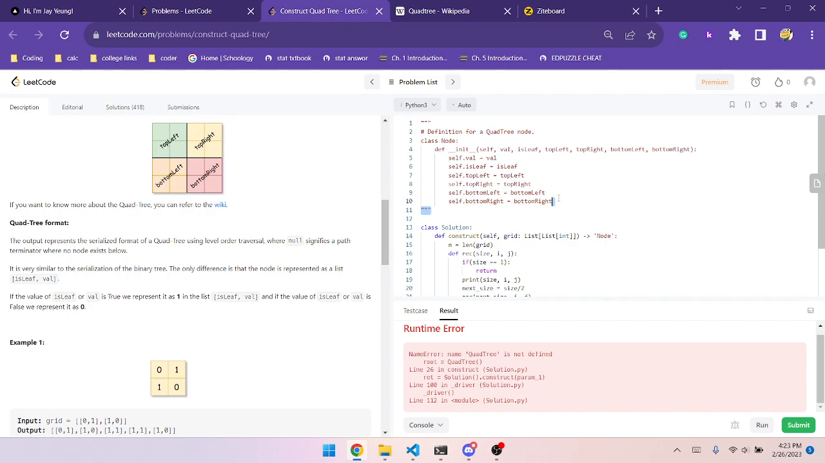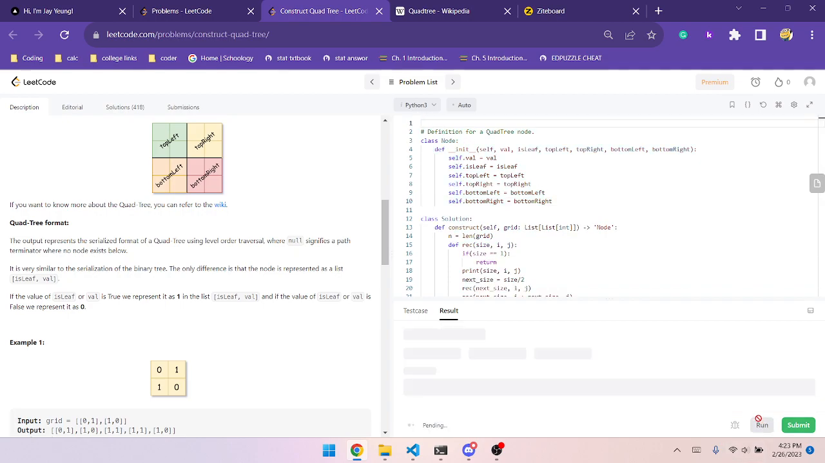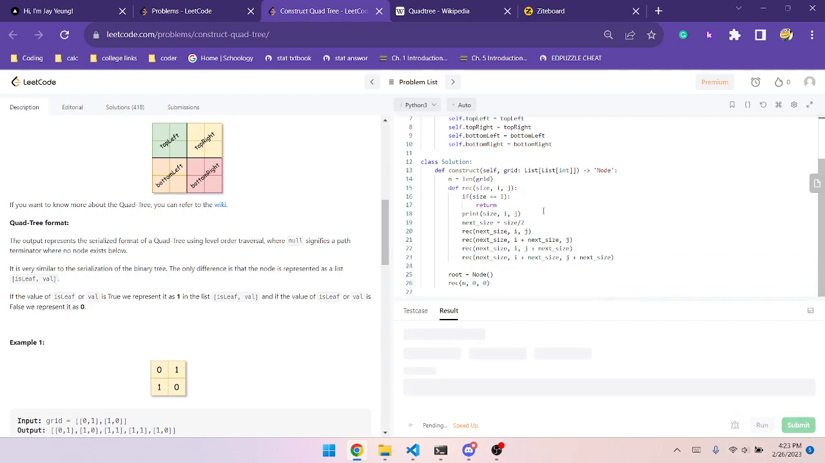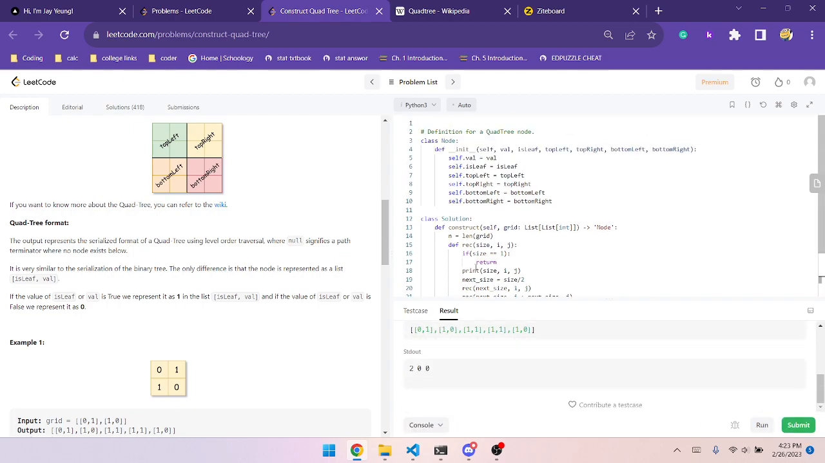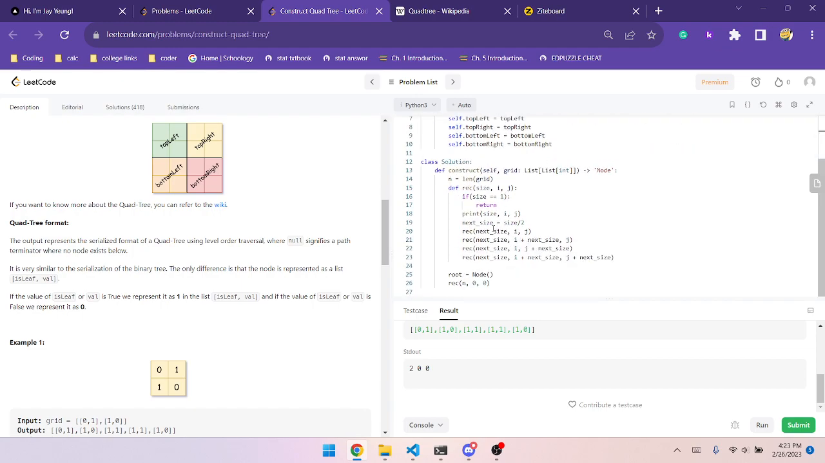I don't get how I'm supposed to use this. Okay, I'm guessing it's just called a node. It says class node here, so I'm assuming it's just called node. Okay, root is equal to node. And here,